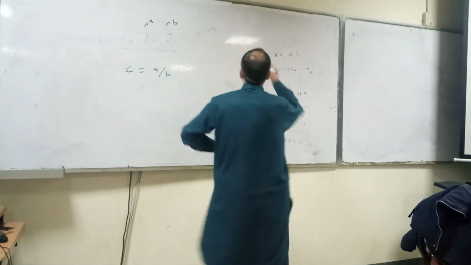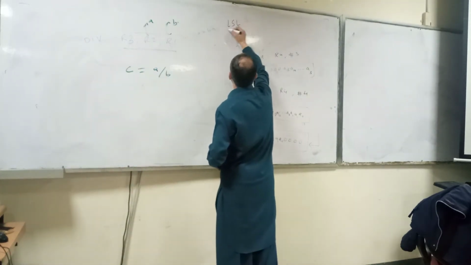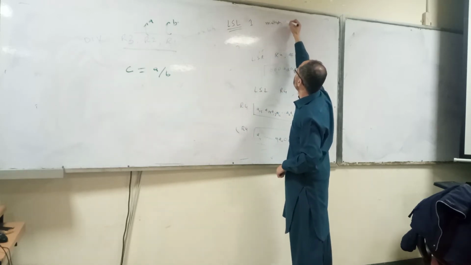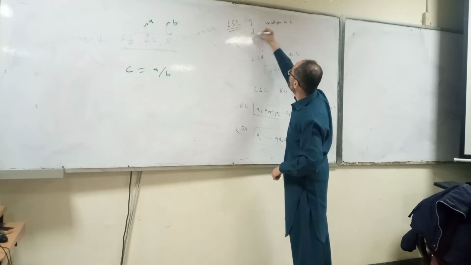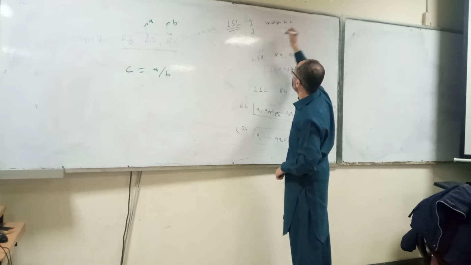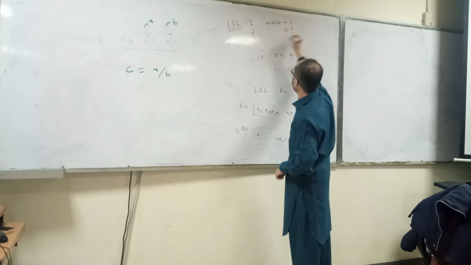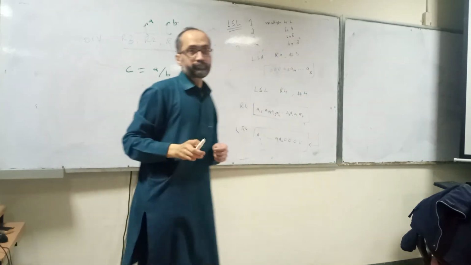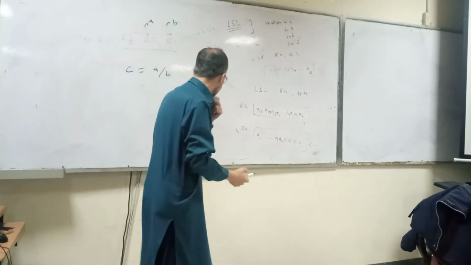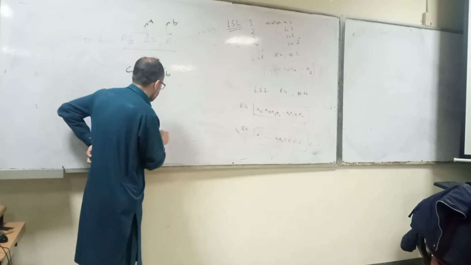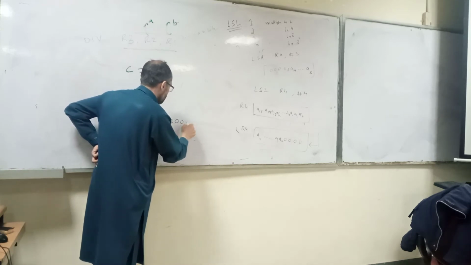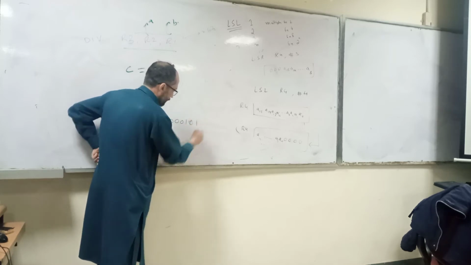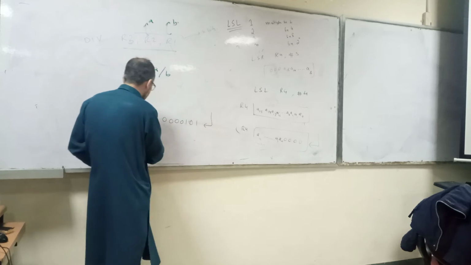So if you are shifting left, logical shift left, shift by 1 means multiply by 2. Shift left 2, multiply by 4. 3, multiply by 8, and n, multiply by 2 to the power n. It's so simple. So let's assume we have this 8-bit data 0 0 0 0 0 1 0 1. It is equivalent to what? 5.